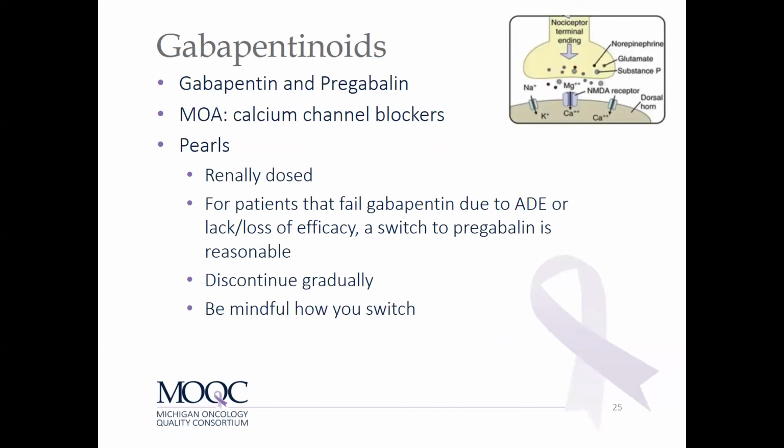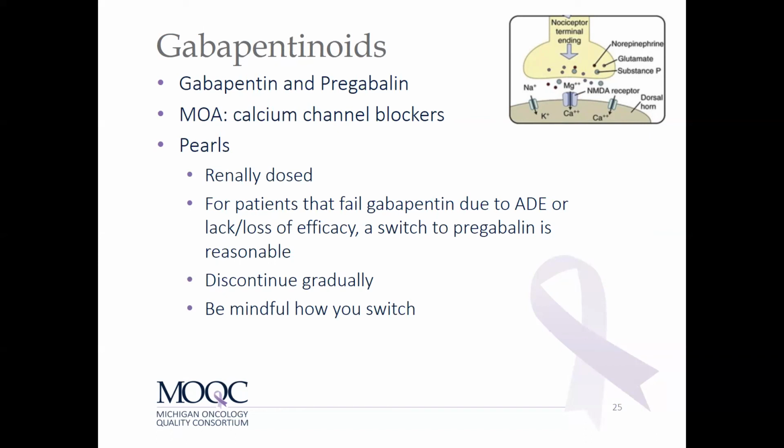The gabapentinoids, gabapentin and pregabalin, their mechanisms are calcium channel blockers. The picture on the top right, again, just reminds you where that's at. And so these would be for patients that have neuropathic pain or nociplastic pain. Remember, these are both renally dosed. But one thing that's important is that for patients that fail gabapentin due to a side effect or lack or loss of efficacy, a switch to pregabalin is completely reasonable. This has been shown repeatedly in studies in patients with diabetic peripheral neuropathy that failure to one does not mean failure to the other. So you're likely to benefit from trying that second one